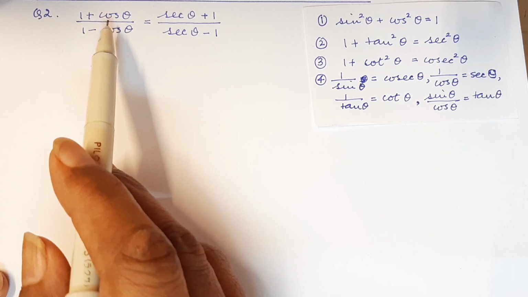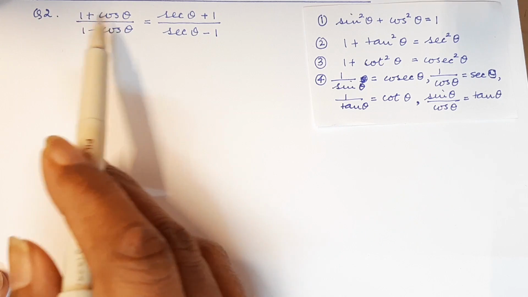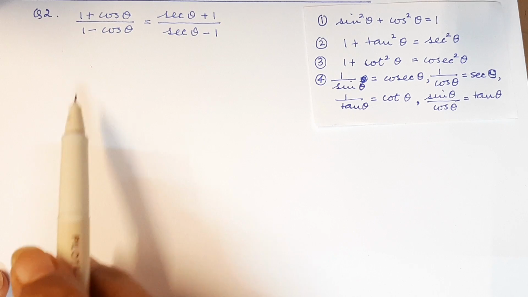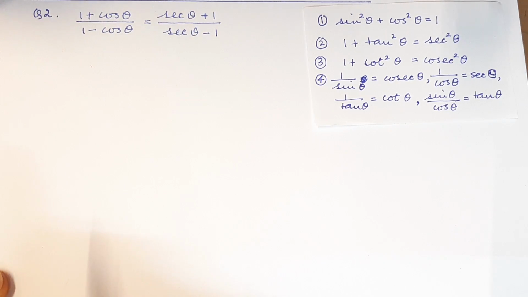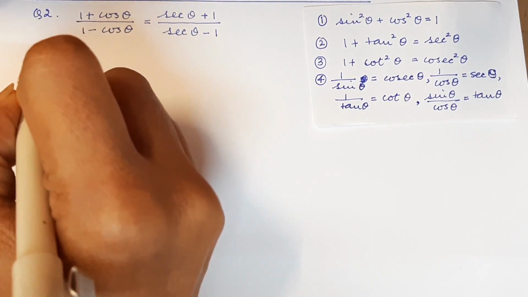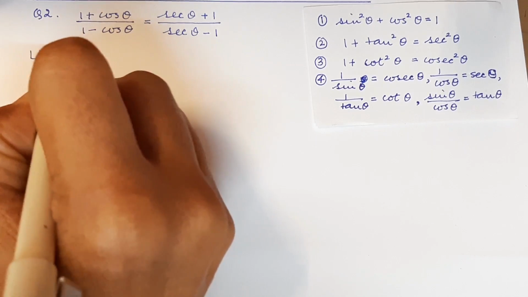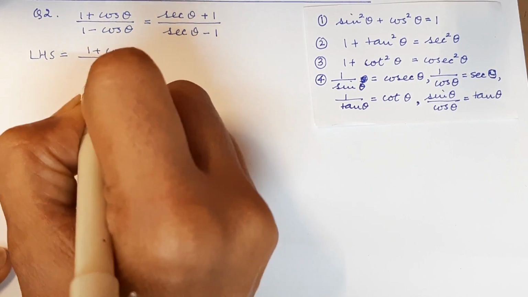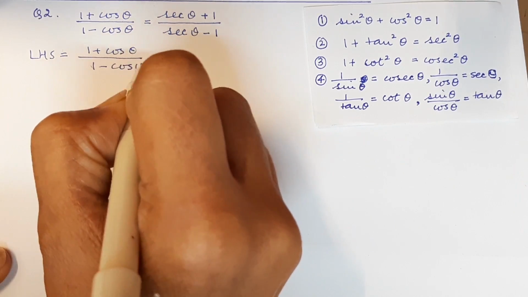So we will write 1 plus cos theta as 1 plus 1 upon sec theta. Why would we do that? Because we have to bring sec theta. We have to go towards the right hand side. Right hand side has got sec theta. And so we will start by using LHS equal to 1 plus cos theta upon 1 minus cos theta, and